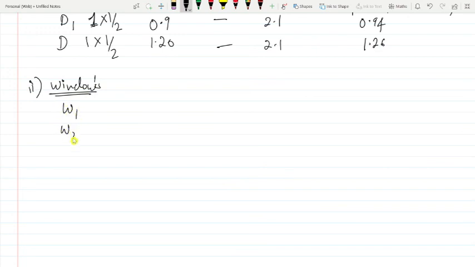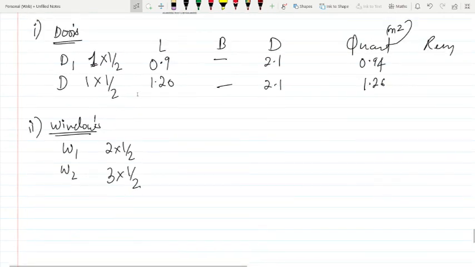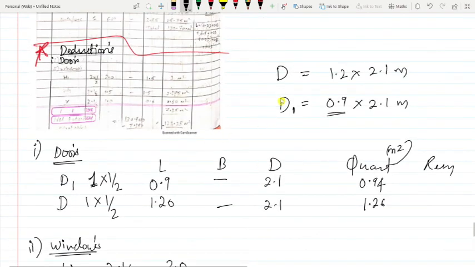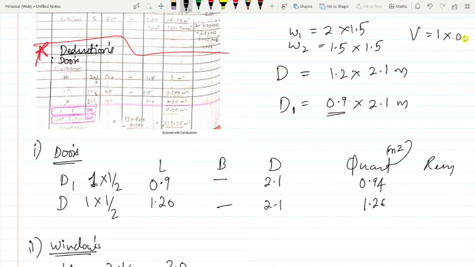Next, for windows, second, for windows W1, W2. So again 2 into half, 3 into half. So tell me the length. Length is 2 meters for W1. You can see that in the question also. W1 is 2 into 1.5, W2 is 1.5 into 1.5, and ventilation V is 1 into 0.6 meter.